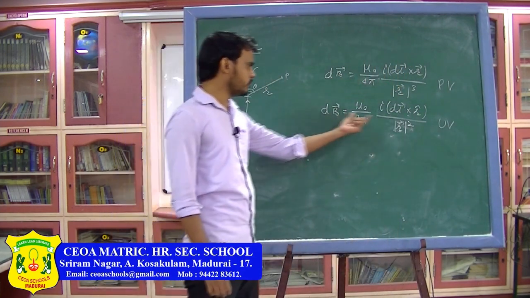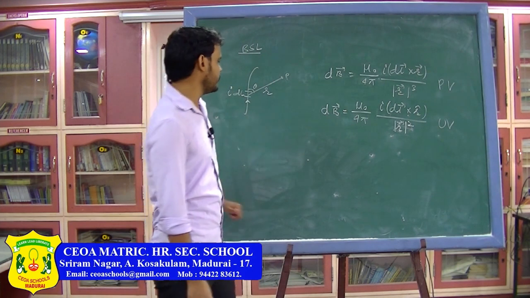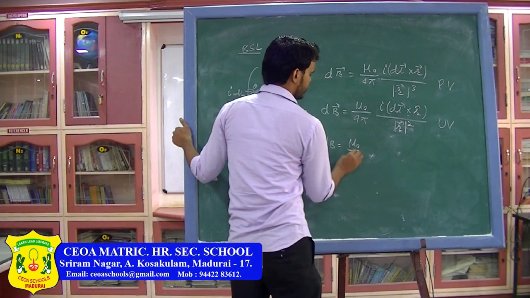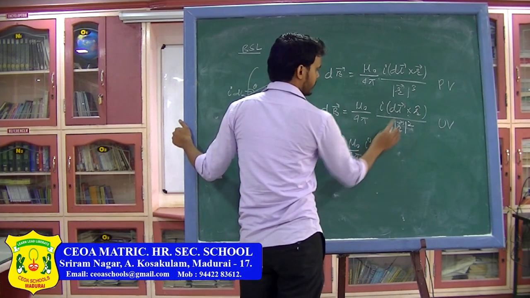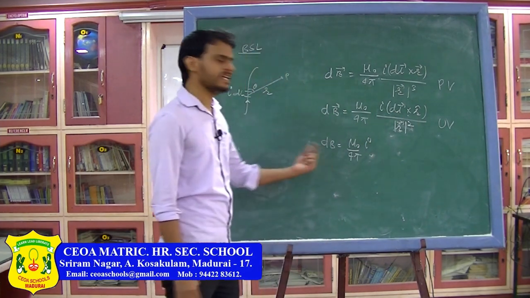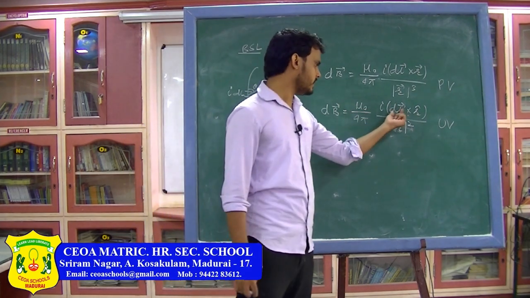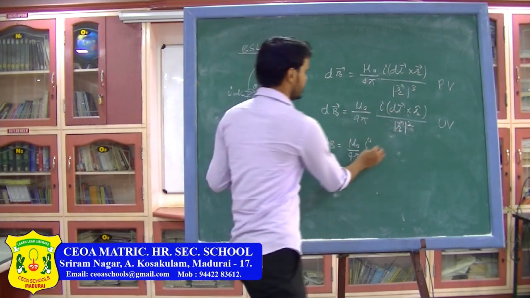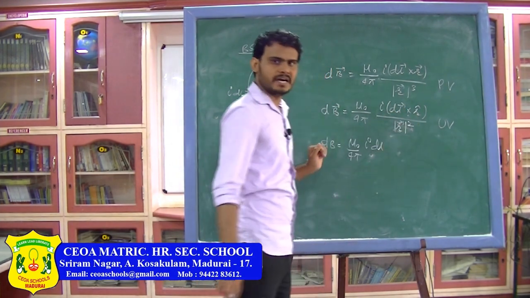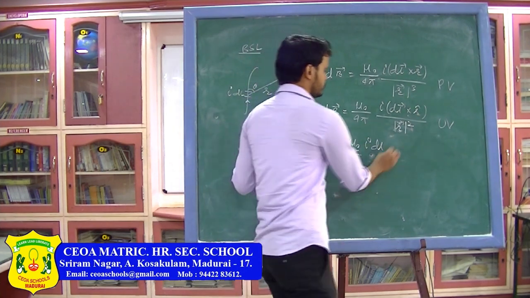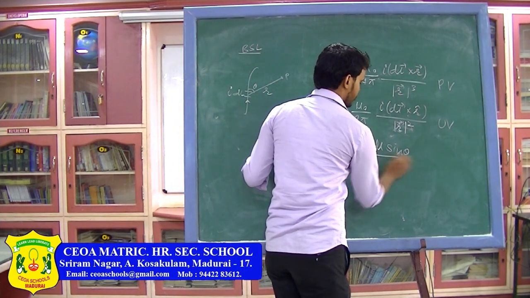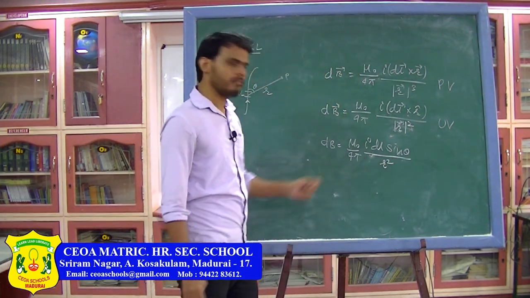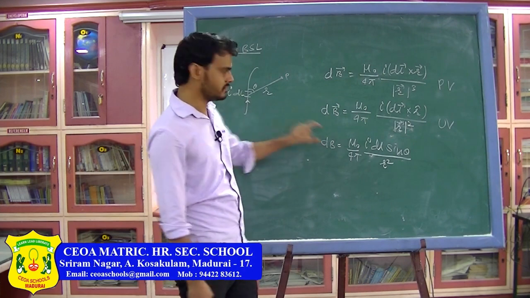Now from this, if I want to find the magnitude of the magnetic field, it can be written as mu naught by 4 pi, I will be the same, dl cross r cap can be written as dl sin theta. As you know, the magnitude of A cross B will be magnitude of A into magnitude of B into sin theta. So the magnitude of this one will be dl, the magnitude of this one is r, and the angle between dl and r is theta. So this will be sin theta divided by the magnitude of this one, which is r square. So this gives you the magnitude of the magnetic field due to this very small current element.